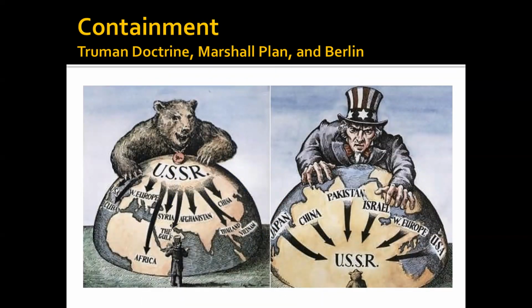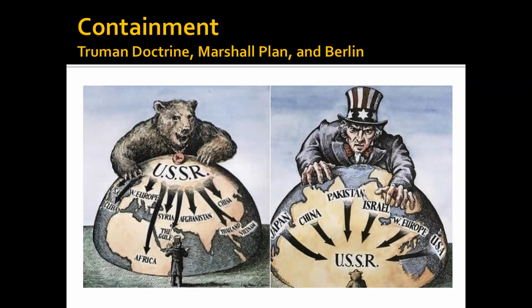Now we're going to look at the popular theory of stopping communism known as containment. In response to the Soviet and communist expansion, President Truman and the American government adopted a foreign policy called containment. The containment policy dictated that the United States would attempt to contain communism wherever it existed and prevent future expansion. The United States first implemented the containment policy in response to threats in Greece and Turkey. In what became known as the Truman Doctrine,